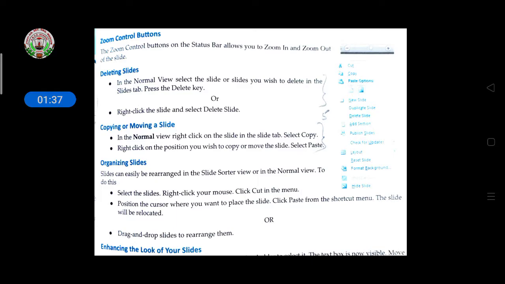Then organize slides means, suppose you made your slides, and suppose slide number 3 you want to put at slide number 6, or slide number 9 you want to put at slide number 5.